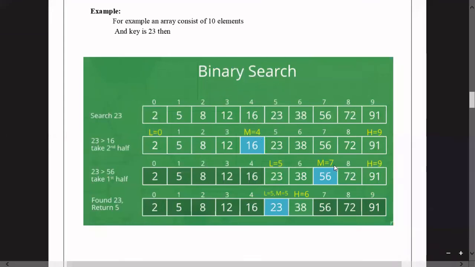Then again, you know the low value is 5 and the high value is 9, and we have to calculate the mid position again. Then 5 plus 9, what is the value? 14. 14 by 2, then you will get the mid value as 7. Then again you repeat comparing with the middle element.